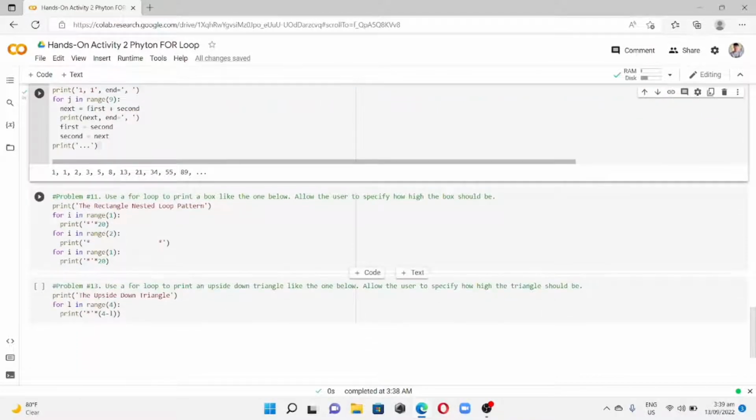And then for our problem number 11, use a for loop to print a box like the one below or given in the sample problems. Allow the user to specify how high the box should be. We are going to write our title, print the rectangle nested loop pattern. For i in range of 1,